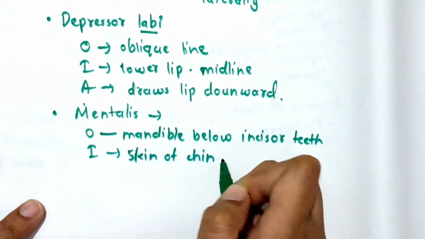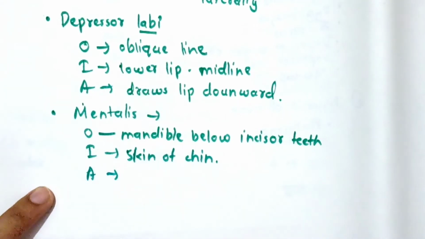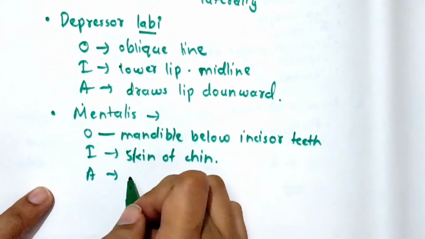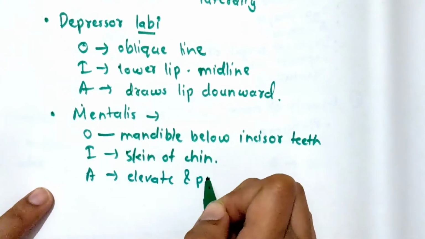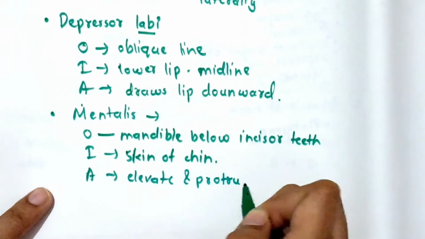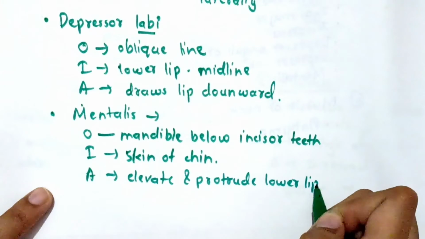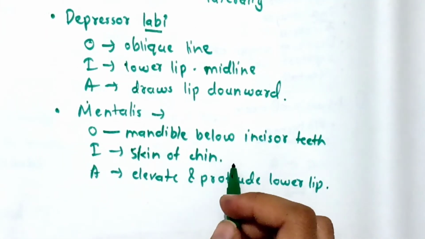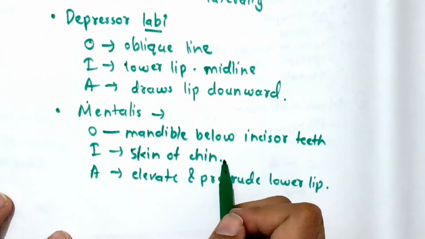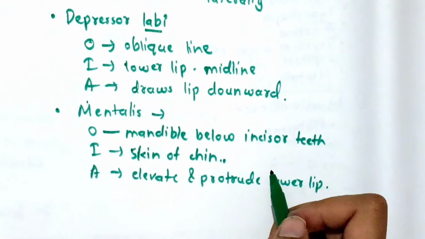Okay, now what is the action? So its action is that it elevates and protrudes the lower lip, because its insertion is on the chin, not on lower lip. So when it contracts, it will protrude the lower lip. Okay,